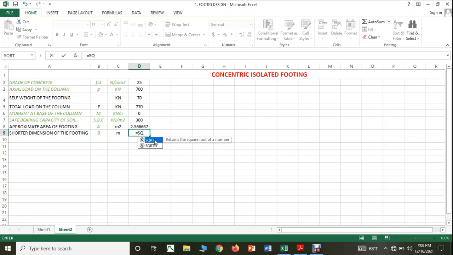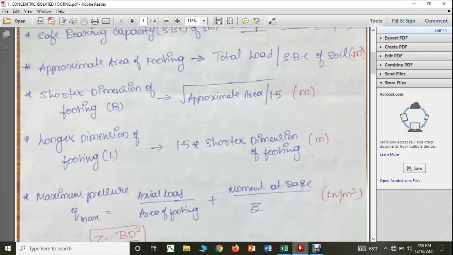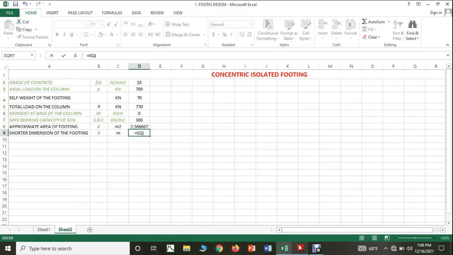So click on this square root, then you open the bracket. So in the bracket, you know, it is approximate area by 1.5. So therefore approximate area of the footing is this one divided by 1.5, and close your bracket, give enter, right? I think somewhere I made a mistake. If mistake is there, then it will show like this. So what you have to do, you have to go SQ equals SQ,